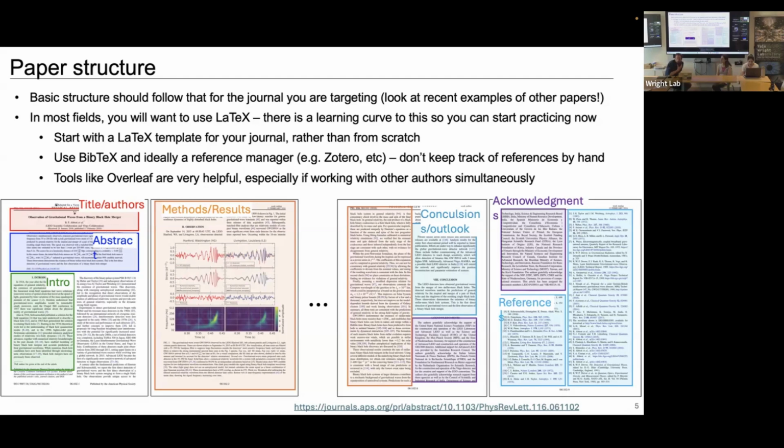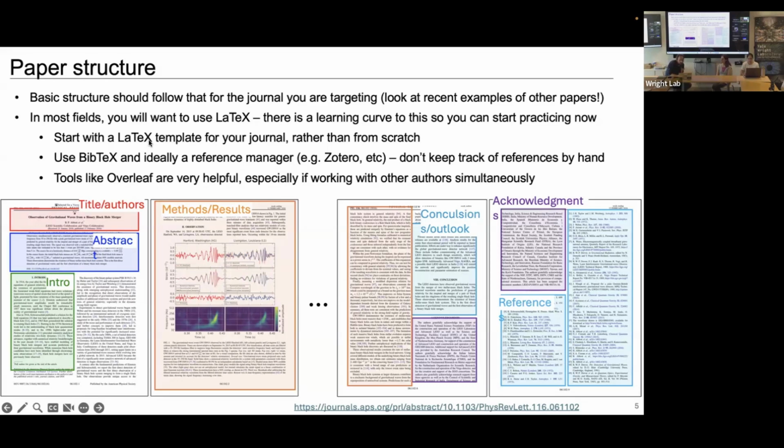Myself included, many of us might put the figures in first and then start writing the text, actually. Many people who read your paper might only look at the figures, so having the figures really tell a story is great. And then maybe some short conclusion, acknowledgements, and references. References are really key, because again, you're building on that body of work in your field, and you want to make sure you've accurately accounted for all the work that's been done before that you're building on.